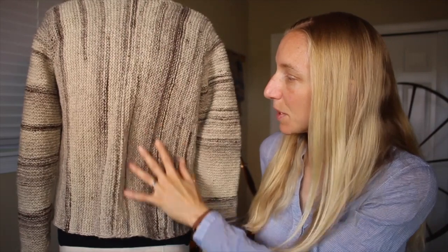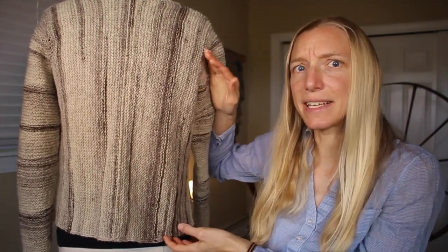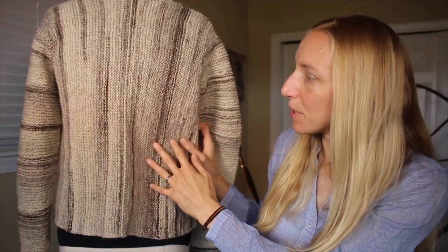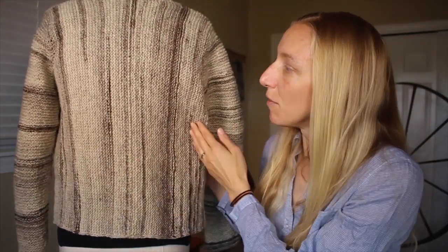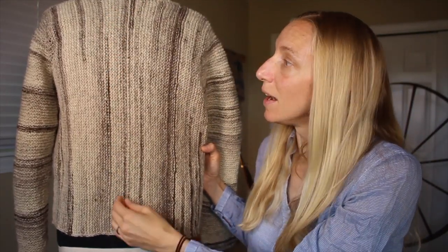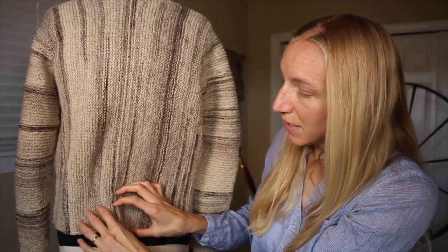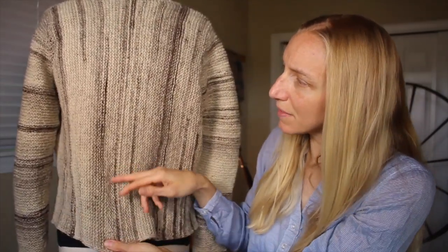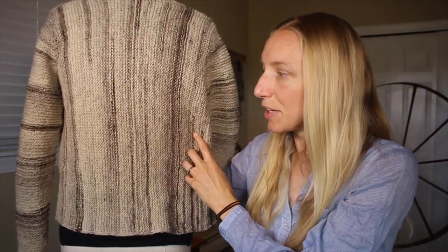And this particular sweater, it's actually more important to think about your row gauge than your stitch gauge, because your stitch gauge is going to give you length for cast-ons and things like that. But your row gauge is what's going to determine the width of your fabric and how far you need to knit before you get to the center of your back, which is one of the panels. And then you knit the other panel the other way and you join them together with this seam here, which is kind of like a quasi-visible seam,